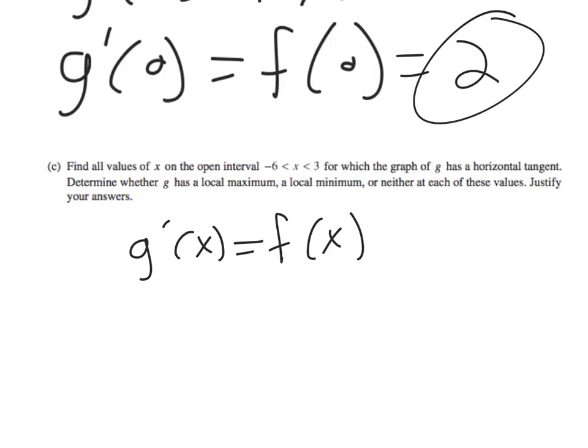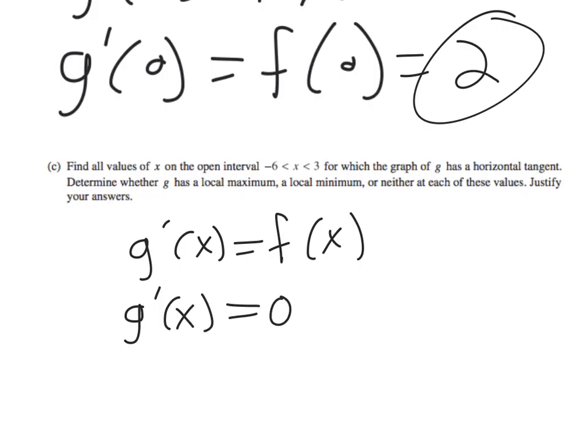So let's use that to help us answer part C. Find all values of x on this open interval from -6 to 3, which I believe is the whole graph, for which the graph of g has a horizontal tangent. Remember, horizontal tangents occur when the instantaneous slope